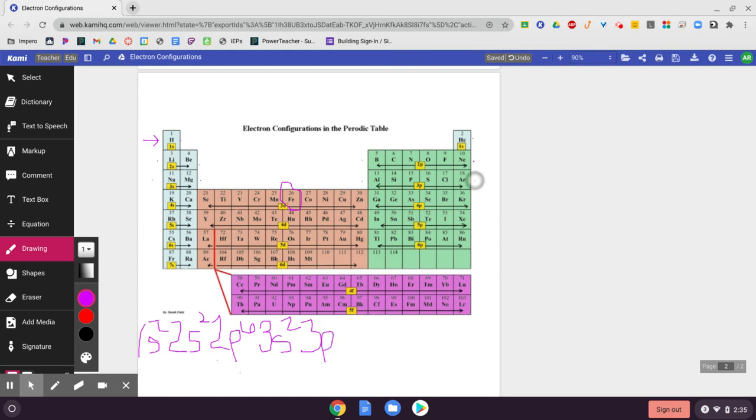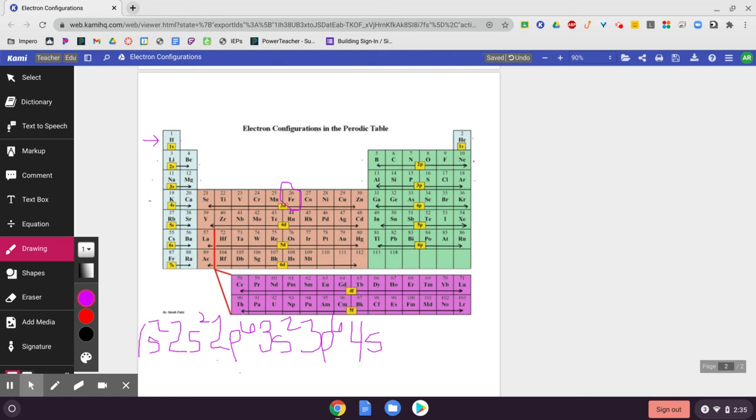We're going to go all the way to the end of period 3, so it will be 3p6. Now we're going to start the beginning of period 4, so 4, and this is the s block again. We're going to go through the s block,